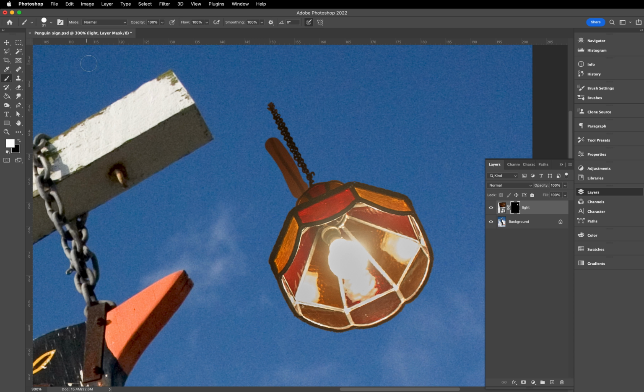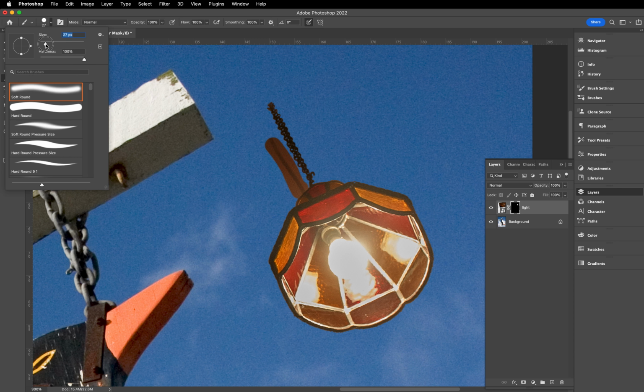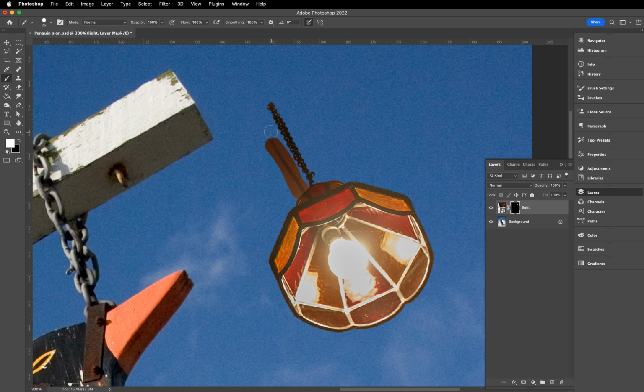Now let's go to a smaller brush still, because I want to retain the edge of that chain. So let's find where all of this circular connection is, and it's probably going to come around just the other side of the chain. Okay, so that's